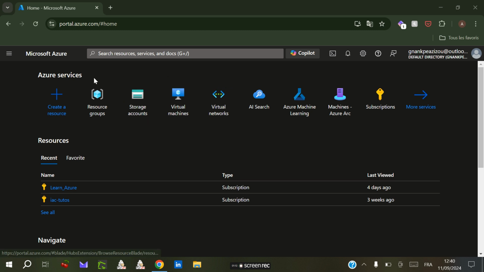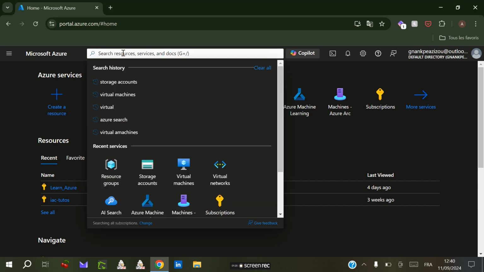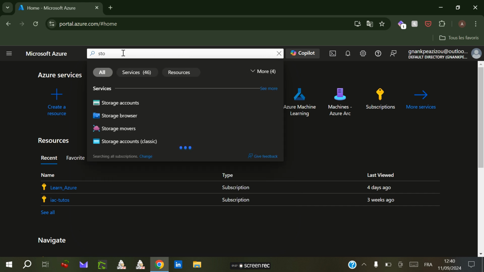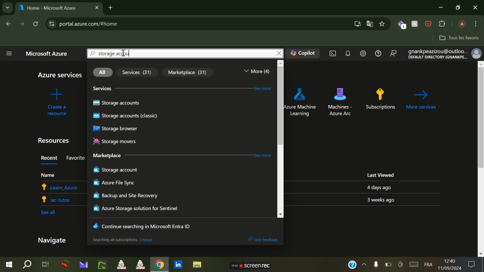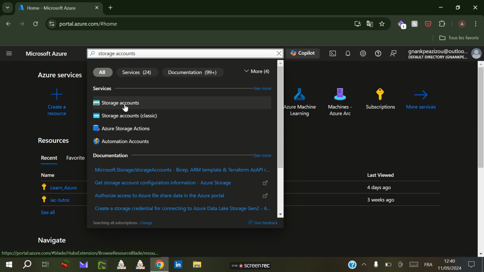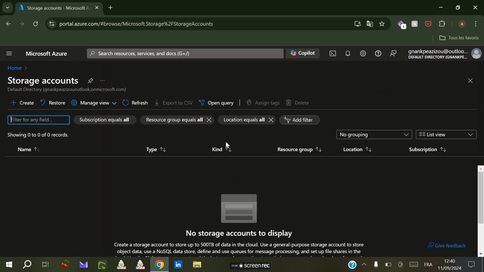So I'm already logged in on the Azure portal here. You can log in with your credentials, and now let us get started. You have storage account here. You can click on it, but if you don't have it, don't worry. Click on the search bar and type storage accounts, and select the first one. Here, click on create,